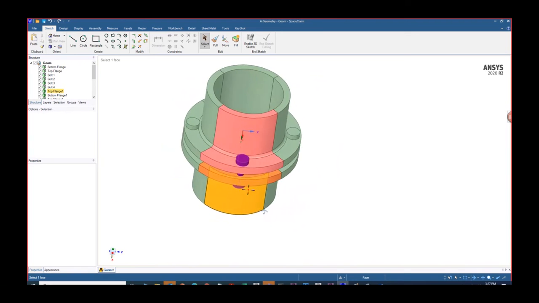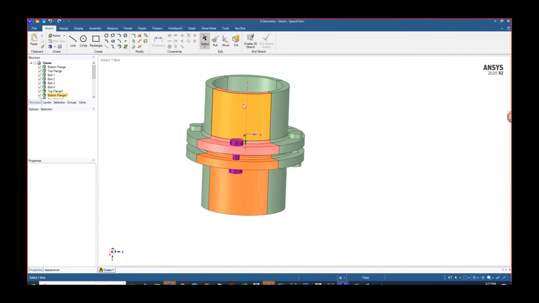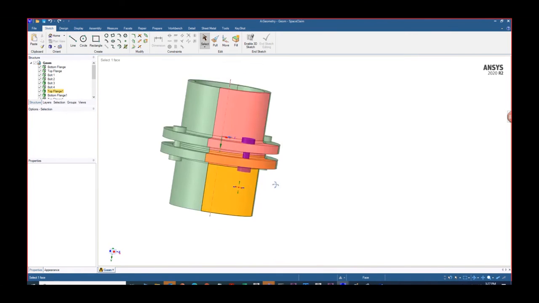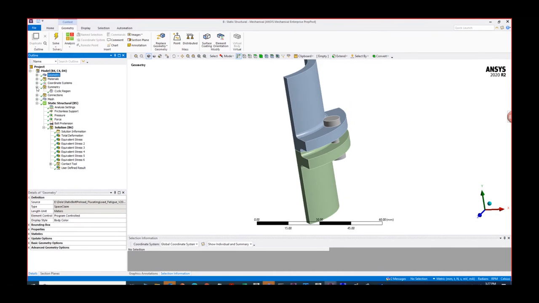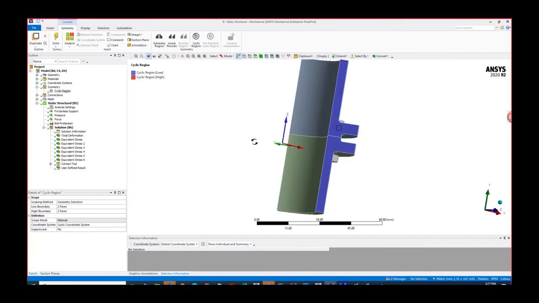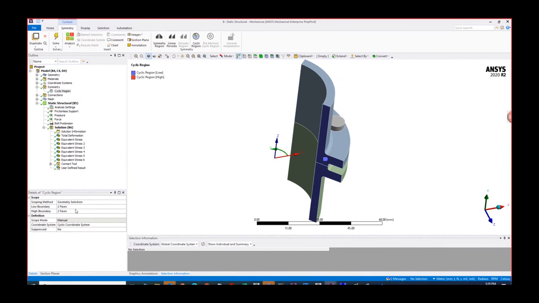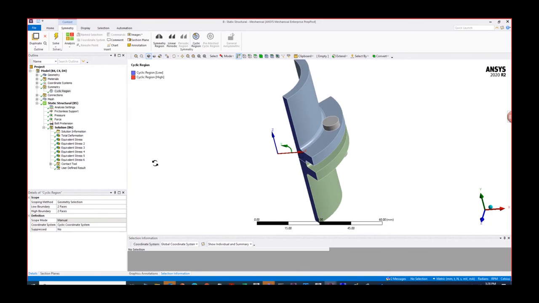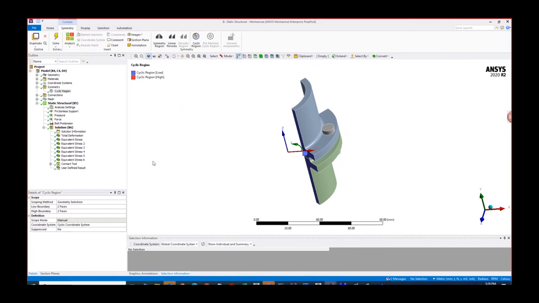Since this is a symmetric structure, I'm just going to take one quarter of the model, and here I have 2 flanges. To represent the symmetry, I'm using cyclic symmetry. The low and high edges are set up. I'm not really going to discuss how to set up cyclic symmetry for any model in Ansys. Having done this,